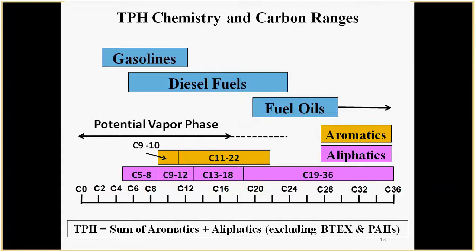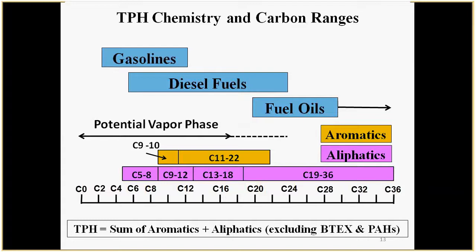So once we have these different carbon ranges, the next step we can do is assign toxicity factors to each one of the carbon ranges, and we can assign weighted physiochemical constants, solubility, volatility, absorption coefficients, and such to each one of these individual carbon ranges. In the same way we assign the toxicity factors and physiochemical constants to individual chemicals. When we do that, then we can develop screening levels for each one of these carbon ranges in the same way that we do for benzene and such.